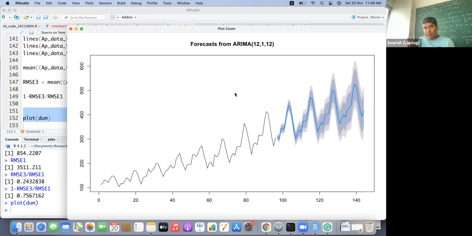What is our learning today? Our learning is you cannot take a blind model and blindly just throw it into your optimization and believe it will do wonders. So you have to do the hard work of basic data cleaning, data processing, and learn the basic nuances and the features of your data. When we did the PACF plot, we learned that there is definitely a 12-month pattern going on, right? And then there must be some trend.